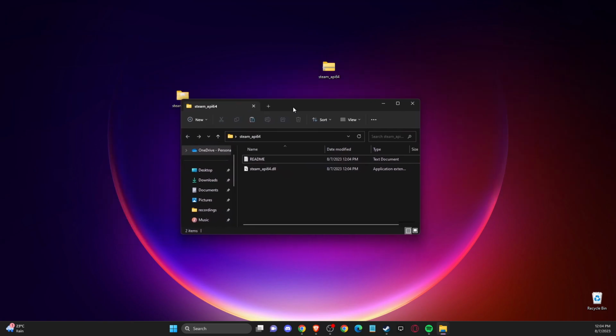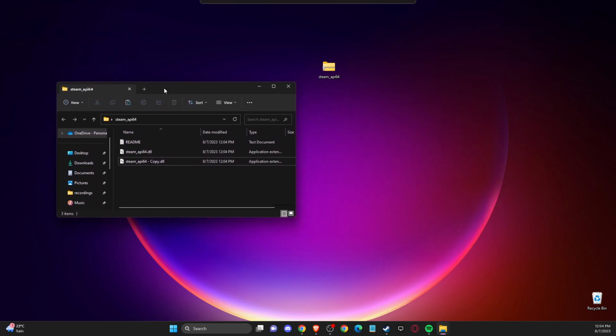So what you need to do here when you got the file here is to copy this file and then leave it as it is for now, and then I will show you what you need to do here next. Then after you got these two files here, Steam API 64 and Steam API 64 copy, then you need to